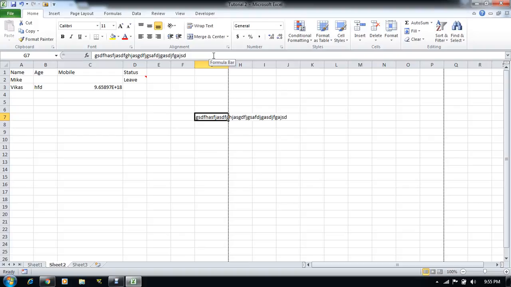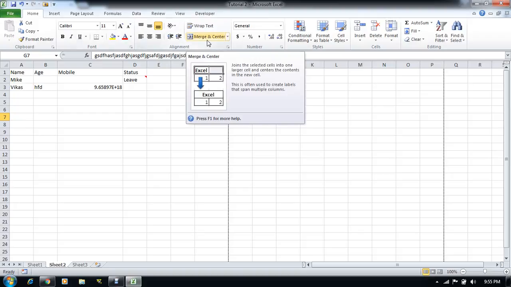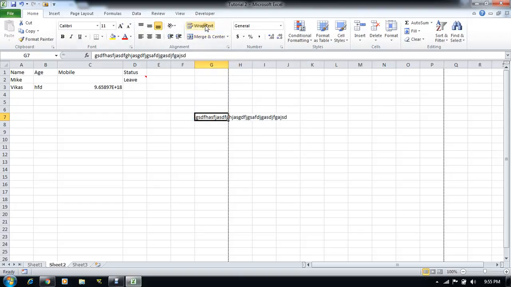But if you want to know about a shortcut key, for example, what is the shortcut key for wrap text, you can use the steps I am going to explain right now. First, you should be aware of where wrap text is. You are aware that wrap text is in the Home ribbon. Now we want to see what the shortcut key for wrap text is.